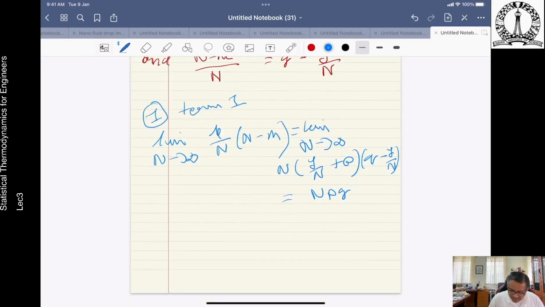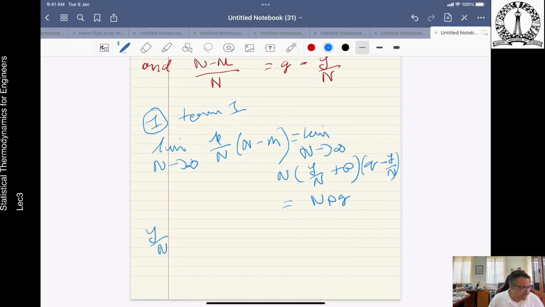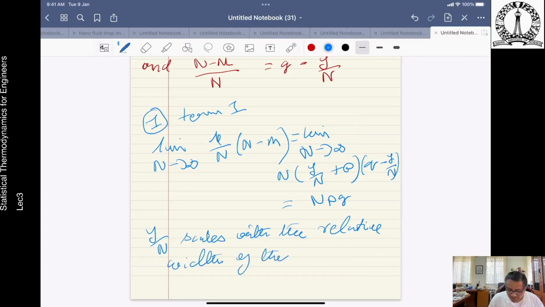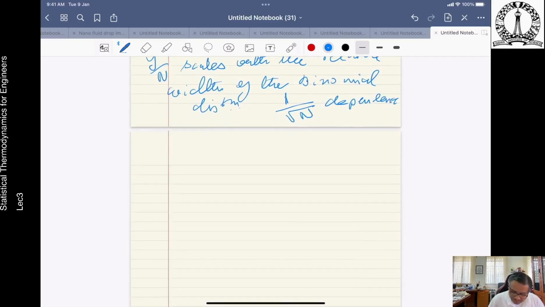Now, y by n scales with the relative width of the binomial distribution. We previously found that the binomial distribution exhibits a 1 over root n type of dependence. So for the remaining 2 terms, therefore,